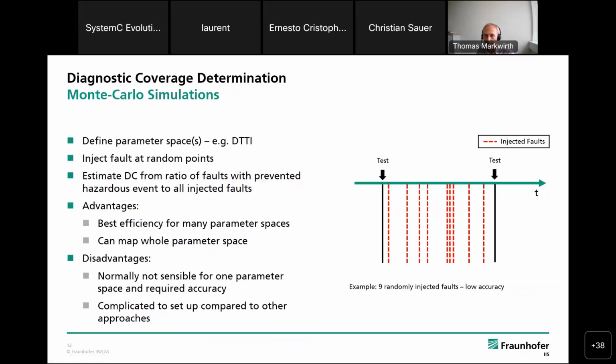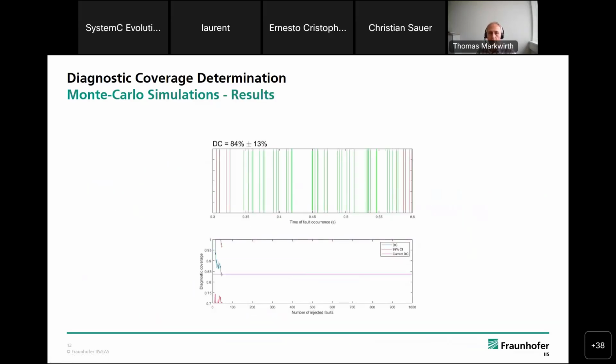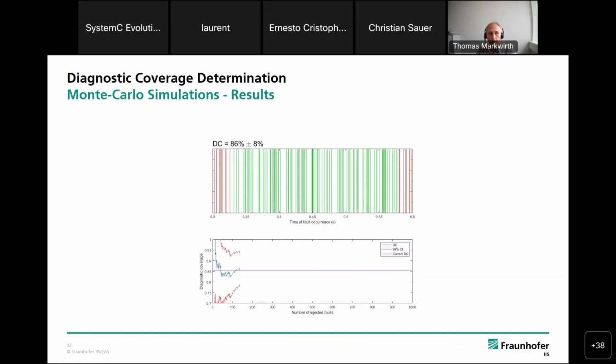Here on the right side, you can see an example for 9 randomly injected faults. We have the time interval, and statistically calculated positions for the occurrence within the time interval are used, based on the derivation function. And here are the time points where the fault is injected. Because of only 9 runs, we can only reach a low accuracy. Normally Monte Carlo requires a lot of simulation runs. Therefore, we also ran this example as a Monte Carlo simulation with 1000 runs, and you can see the results